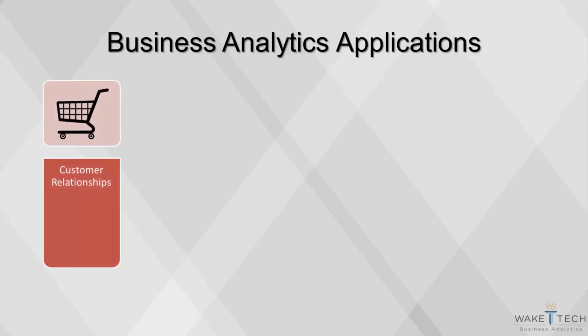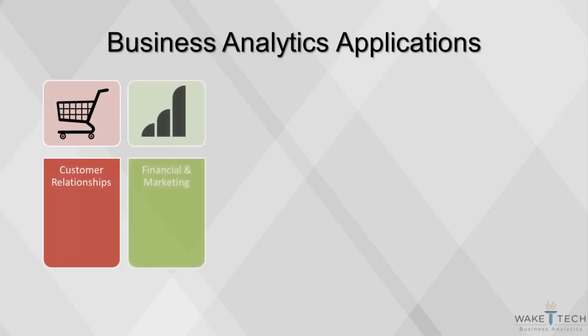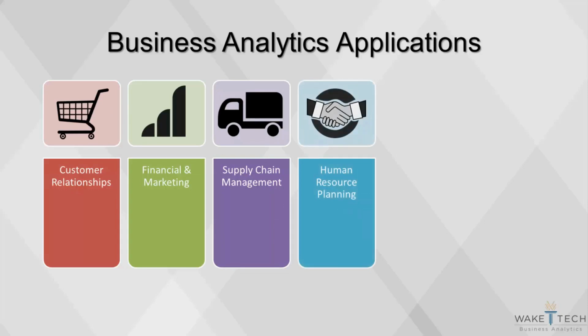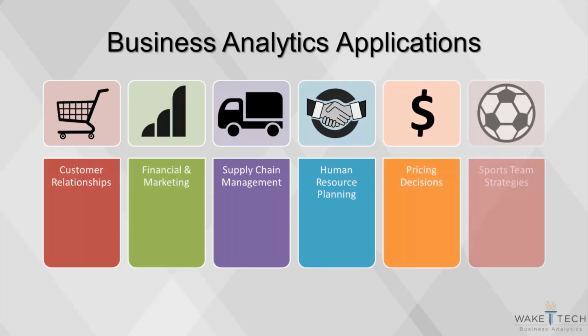Data on all our clicks on the internet are used by retailers to figure out our preferences and provide targeted advertising. Analyzing data on past marketing campaigns provides a useful base to determine who to target for the next round. Supply chains in almost all industries have become far more efficient due to analytics. Organizations use historical data to figure out optimal numbers for staffing and hiring. Companies use demand data to determine optimal prices. And professional sports teams use analytics, such as when they look at player performance to determine who would be the best draft pick. No matter which industry you work in, there's room for analytics to add value.